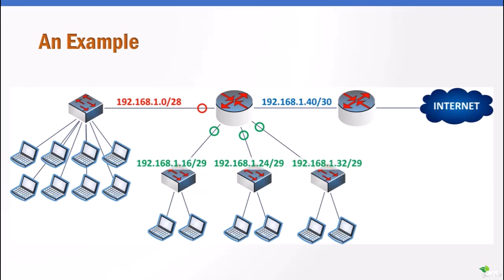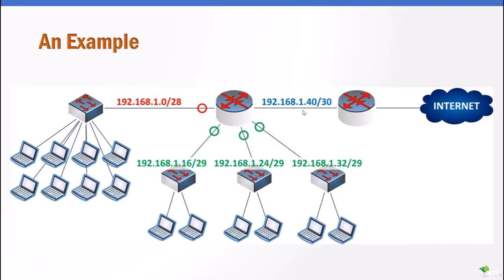Notice that if we have a /29 here in this network, 192.168.1.32/29, that means that our last usable IP address in this subnet is going to be 39, and that's going to be the broadcast. So the next network ID is going to be